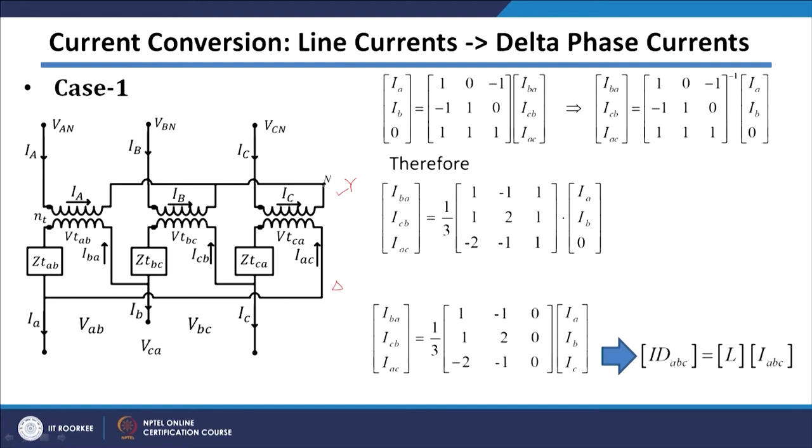However, this neutral is not grounded. So, this Y is a neutral ungrounded system. Since this neutral is ungrounded, there will not be a 0 sequence current into the primary side of the transformer, and hence there will not be 0 sequence current, because for 0 sequence current to flow there should always be balanced